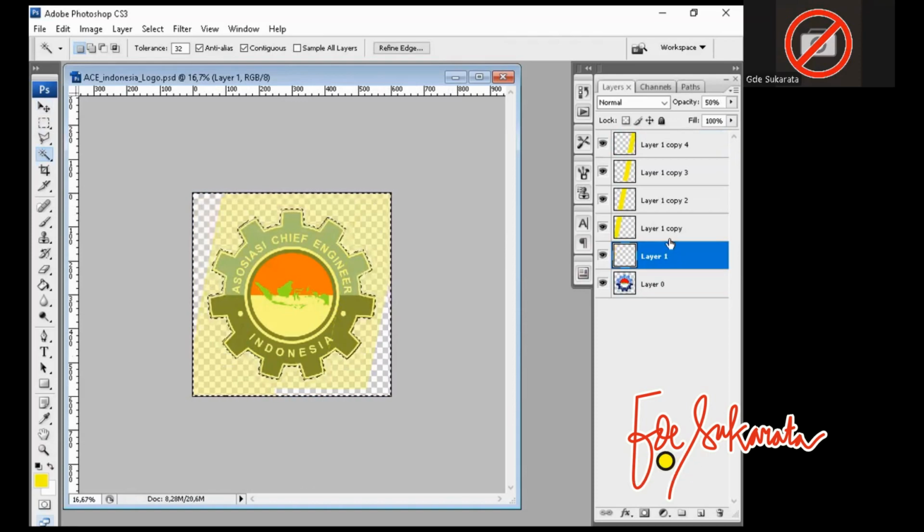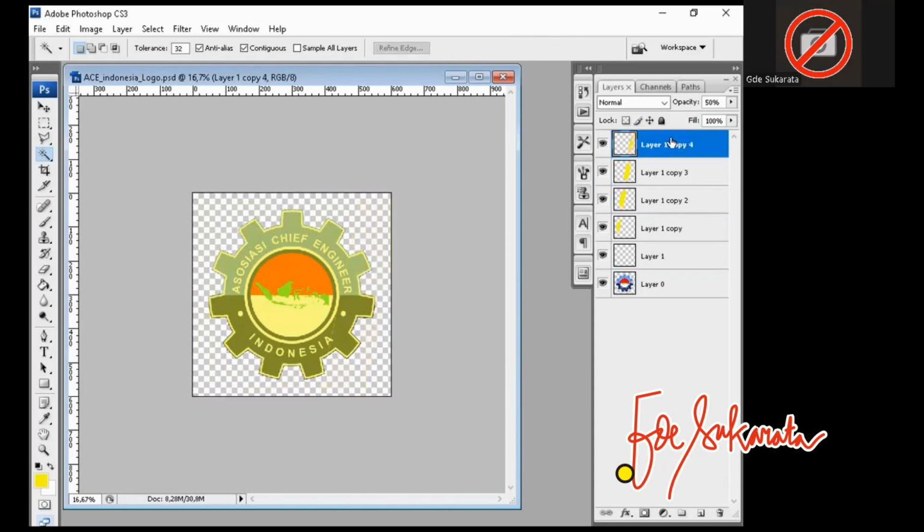Delete. Okay, choose this. Delete. Okay, delete. Here I want to play visible, invisible layer. Yeah, then we can create animation.